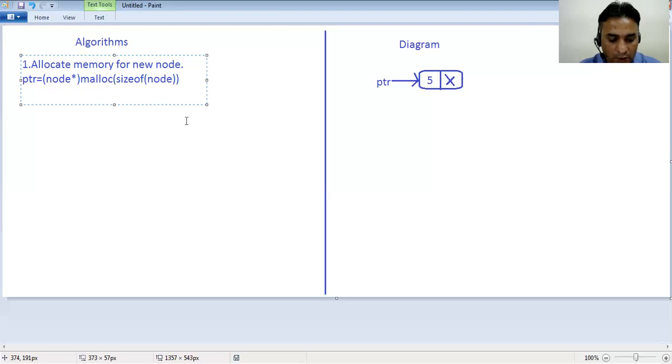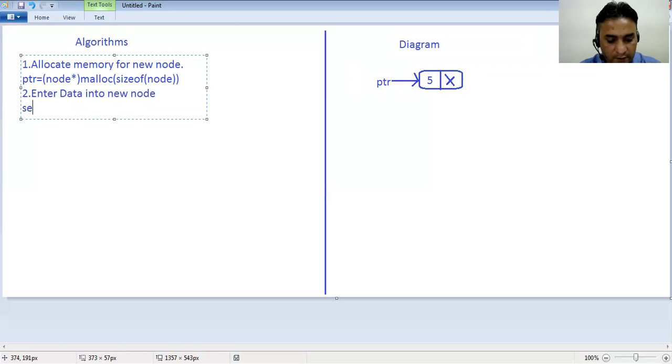Now the second step will be to enter data into the new node.